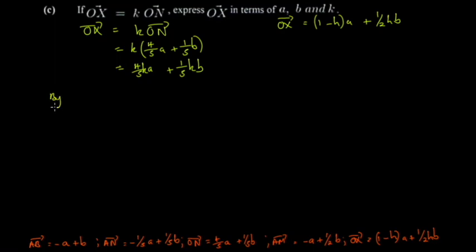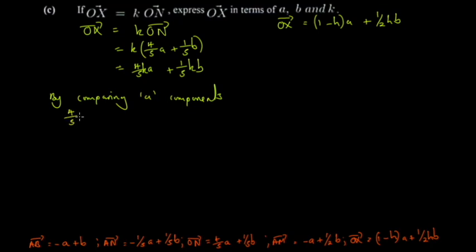So you say by comparing A components. You can start by comparing A components, or you can start by comparing B components. It's still fine. So by comparing A components, you get